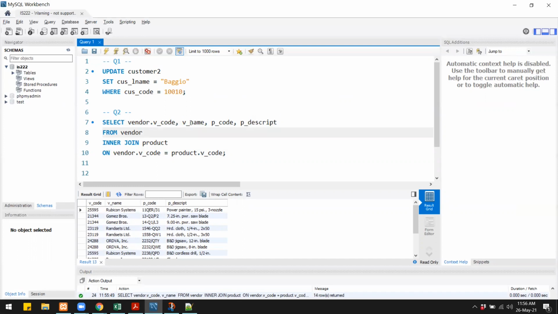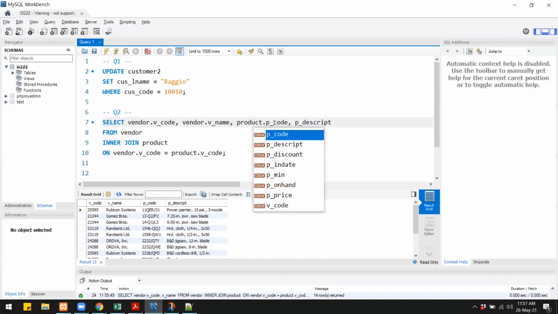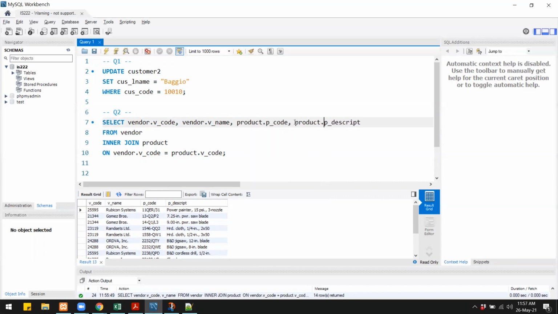So vendor name is coming from the vendor table. So I will write the vendor table name dot the column name. Then for P code, that is from the product table. For P description, that is from the product table. Now when I run it, we get the same data.